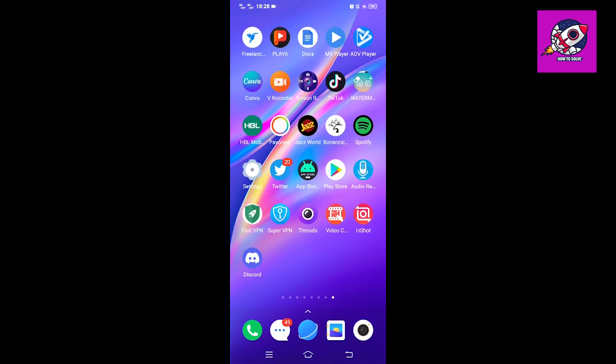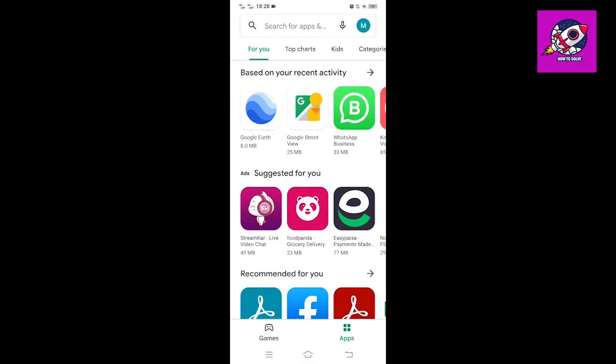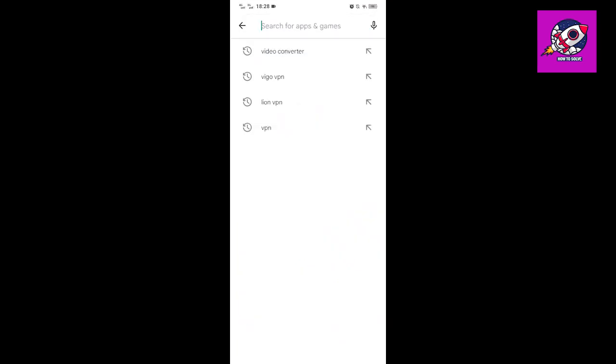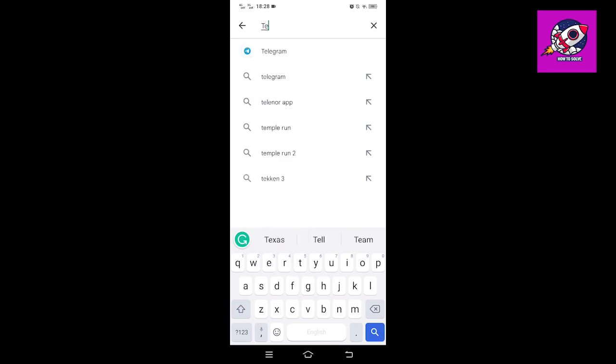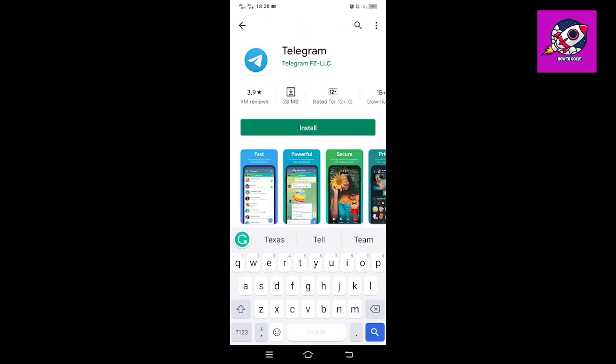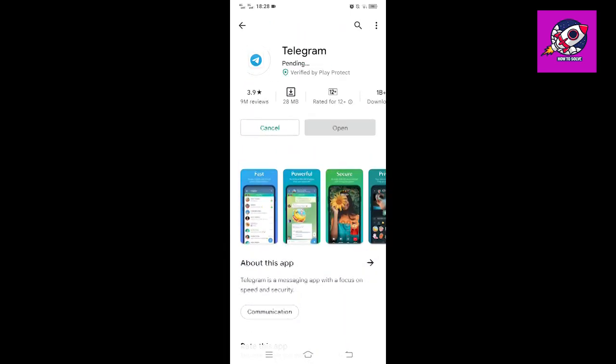In today's video, I am going to show you how to create account on Telegram. The process is really simple. Simply go and open Play Store. After that, type here Telegram. Then tap on install